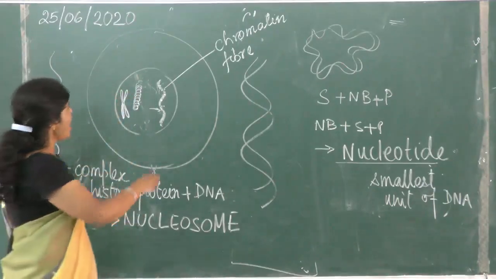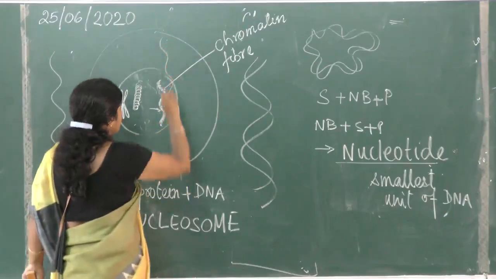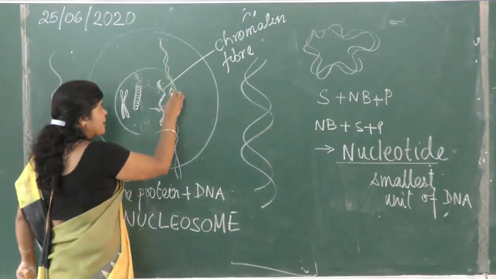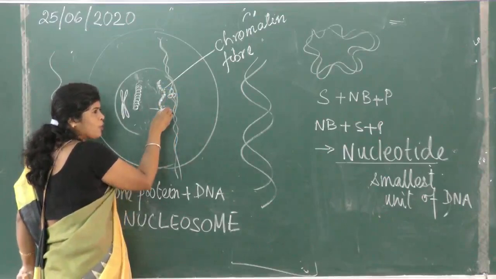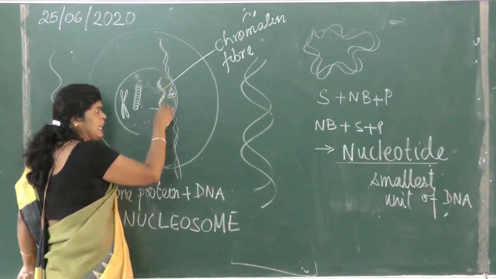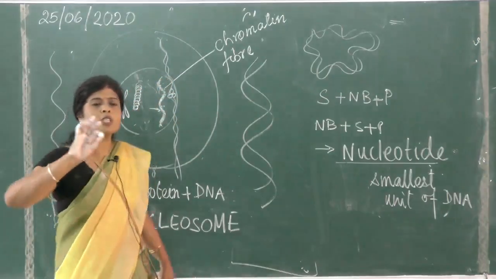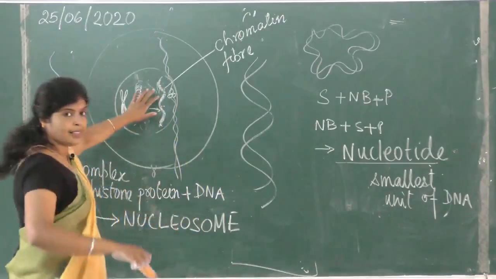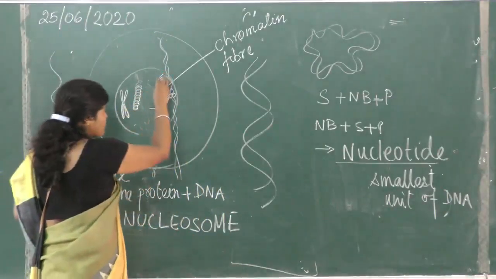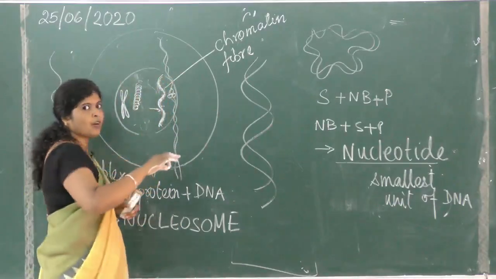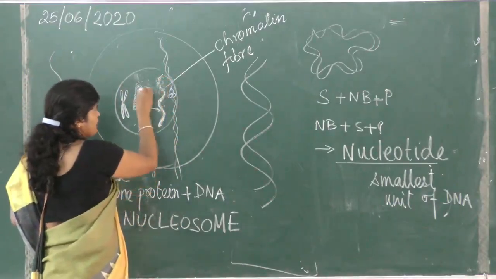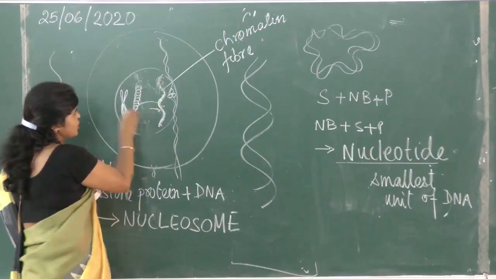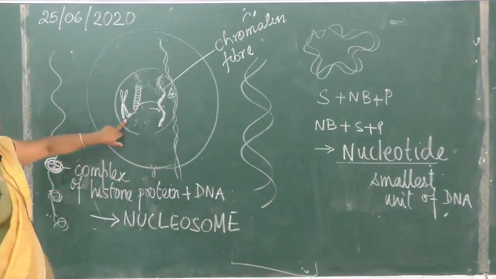So what are we finding? How can we relate DNA to chromatin fibers to chromosome? DNA winds around the histone proteins to form chromatin fibers, which are still thin thread-like structures. They remain throughout the non-dividing phase of the cell, and then when the cells start to divide, this thread-like structure, which is actually a coiled DNA, coils further and takes this shape. This is known as chromosome.